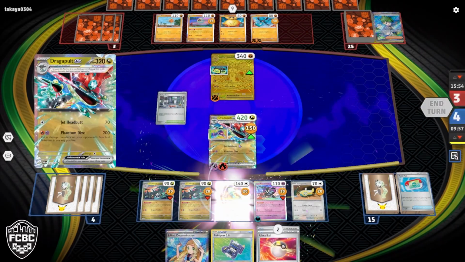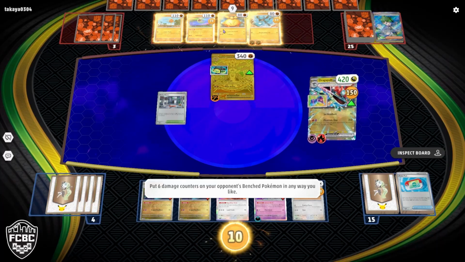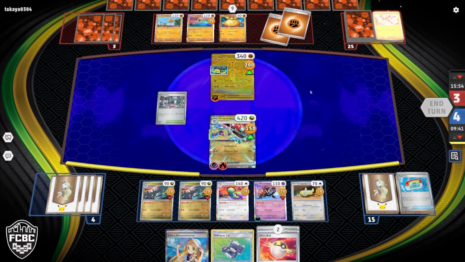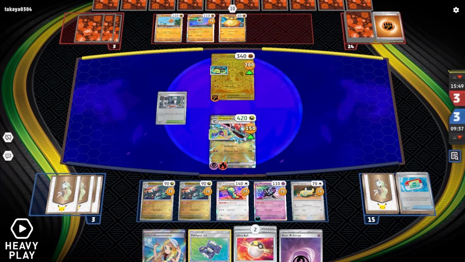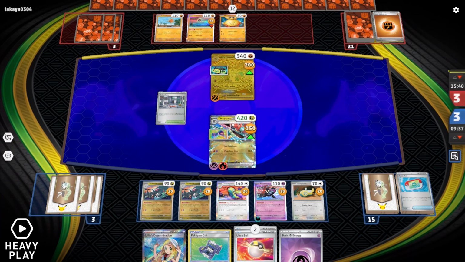But yeah, now we do risk them using the second Wally, and then we need to find a lot more. But we'll see. So yeah, they can do 130 with Aura Jab plus 2 premium power pros and let them knock out our Dragapult EX here, I believe 70, yeah. Or actually no, they'd have to. I think it still doesn't work. Yeah, no, they need to Mega Brave. Yeah, because if they